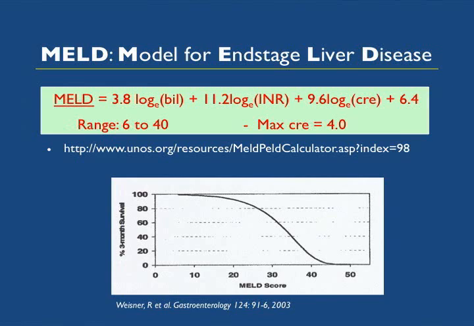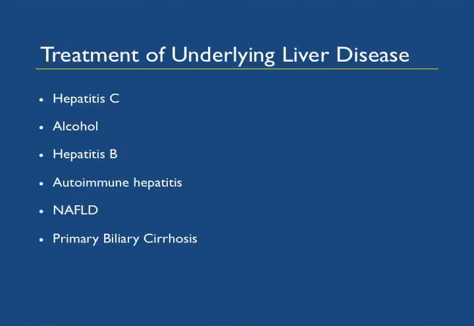As you can see on the graph, the 3-month survival can be predicted by the MELD score, with 100% survival at MELD scores less than 9, but less than 20% if the MELD score is greater than 40. This is very helpful to assess how sick your patient with cirrhosis is. In addition to liver transplantation, which can be life-saving for those patients at the end stages of cirrhosis,